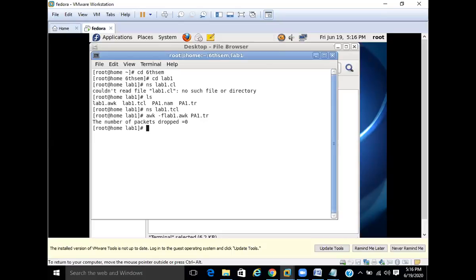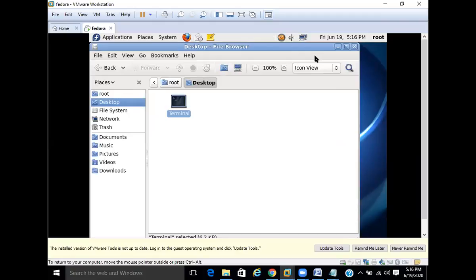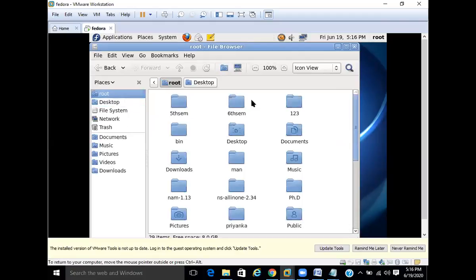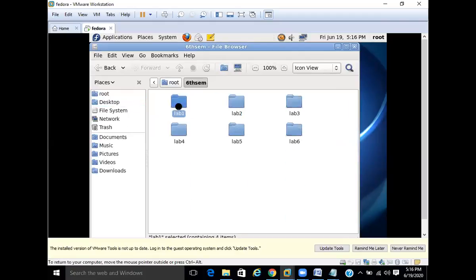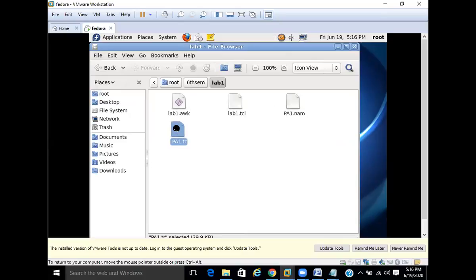By writing the AWK script, you come to know how many packets were dropped, but you are unable to count that from the trace file. Once we open the trace file in the same folder, lab 1, this is your trace file.